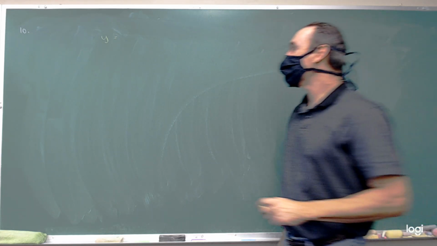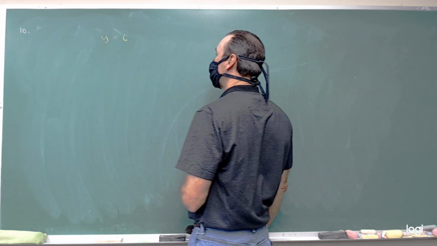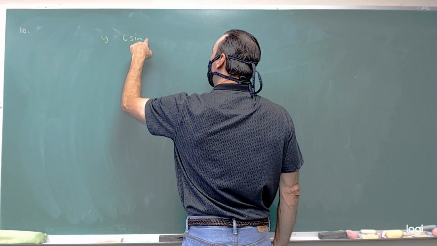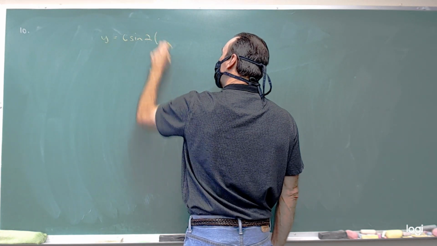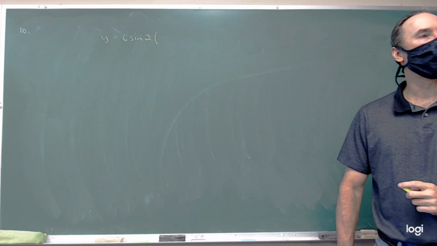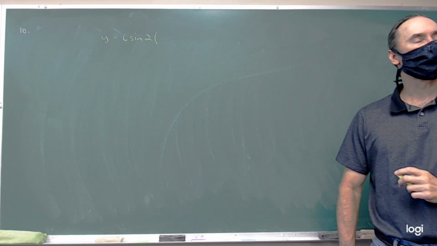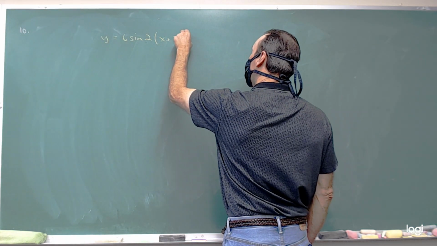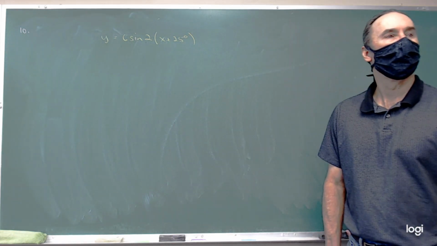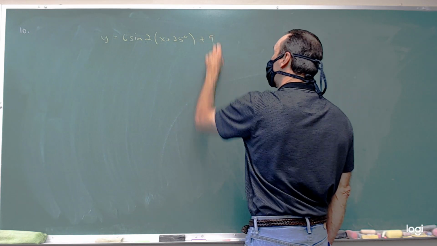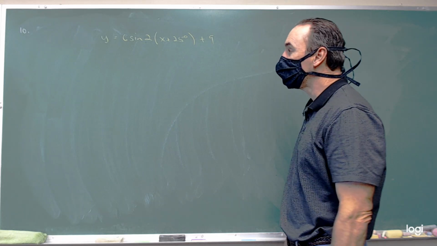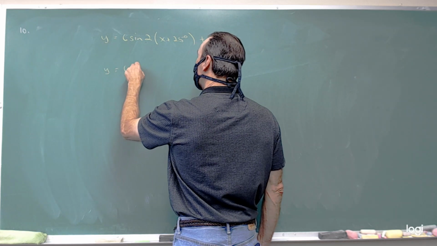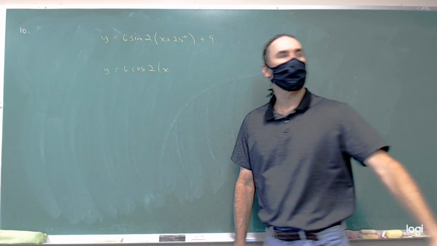So I think we are agreeing that we have an amplitude of 6. If you thought of it as a positive sine curve, either way, your B is going to be a positive 2 because our period was 180 degrees, so B is 360 divided by 180. You could do a positive sine curve starting at 25, and your midline, that vertical translation, is going to be 9. And then we also have a positive cosine, I see on the backboard, is going to start at